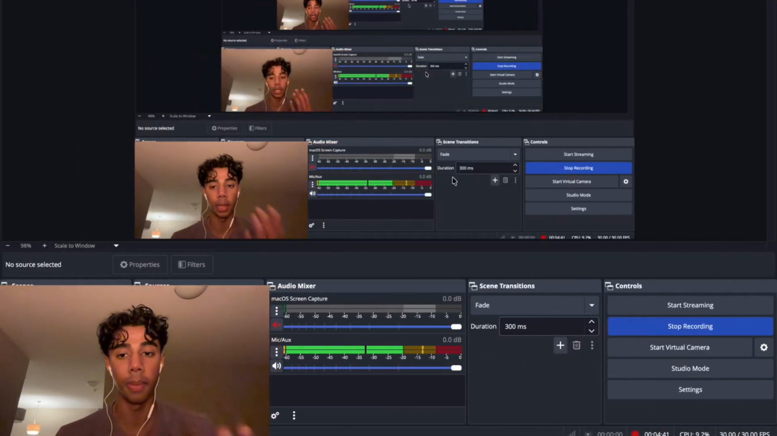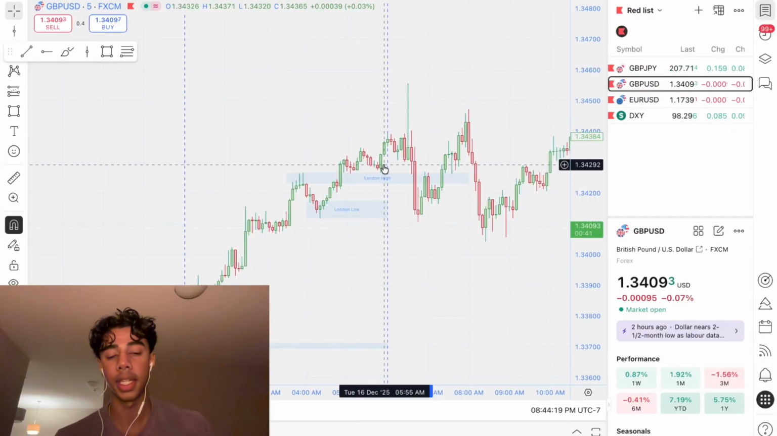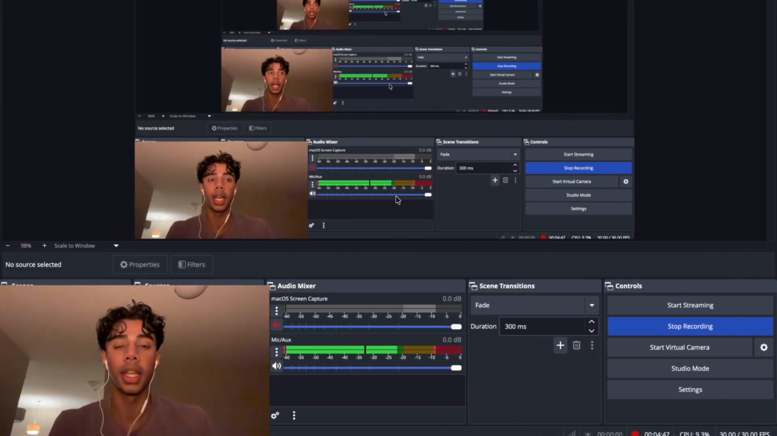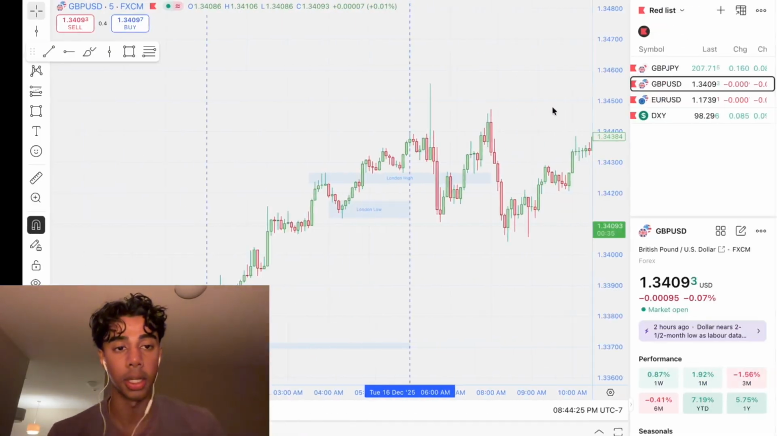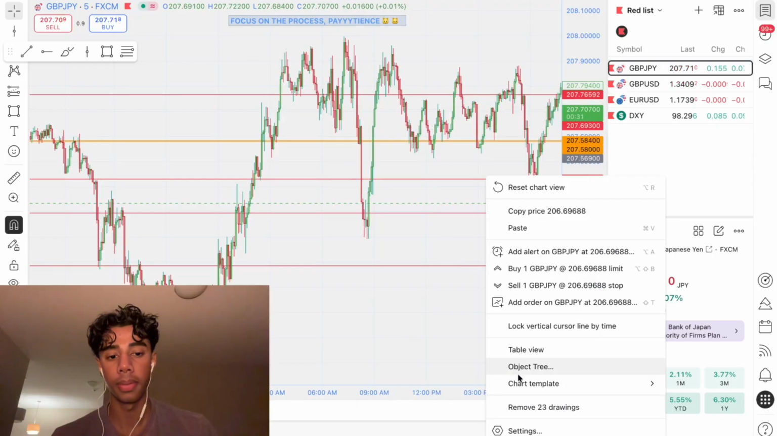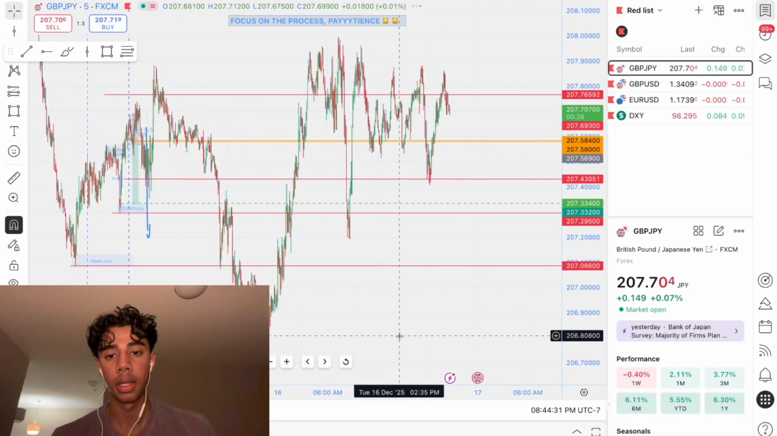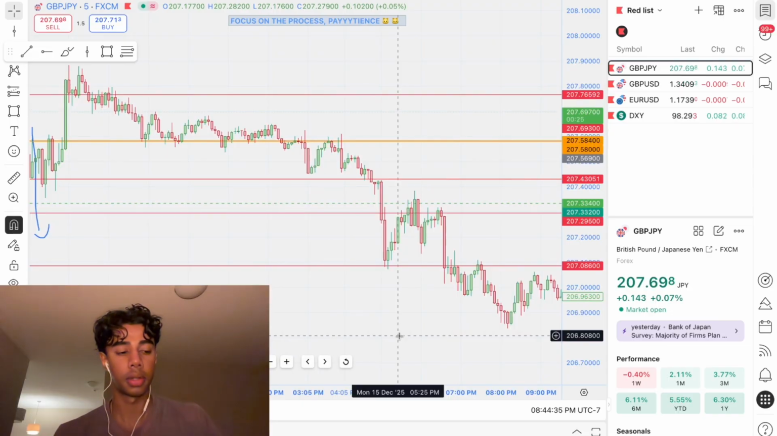This strategy is based off session highs and session lows. And if we already took out the session high, then why are we taking a trade when there's no session high to target or no session low to target? So that's the point. Now GBP JPY. Yeah, look, you gotta take a screenshot of this on my thing so I can make the